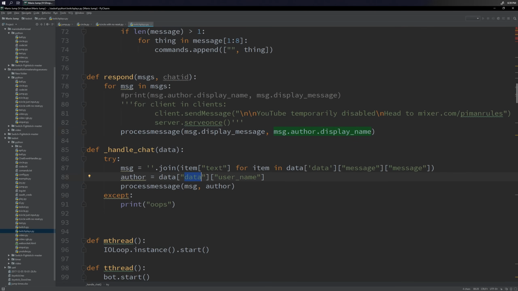And this, I think, is for the Mixer bot. Mixer will give you messages as soon as you receive them. It doesn't batch them the way YouTube does. But it gives you a list of space delimited tokens, and then you have to concatenate them, or something like that. It's more complicated than it should be, and it's in this giant JSON-looking thing that you have to traverse through. Anyway, you do this nonsense boilerplate garbage, and you get the message and then the author.